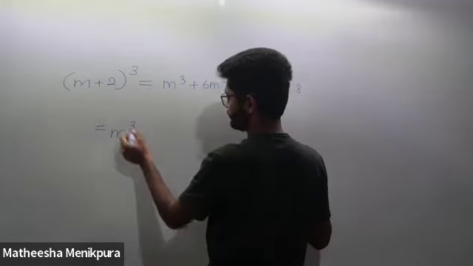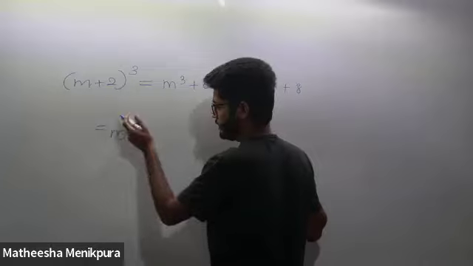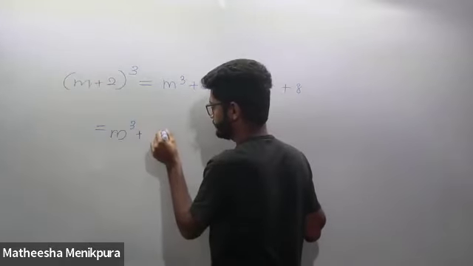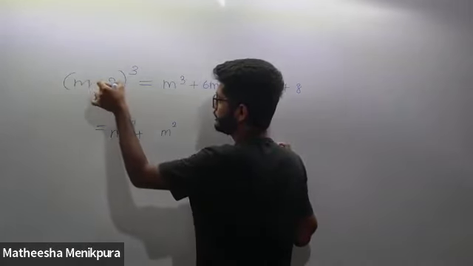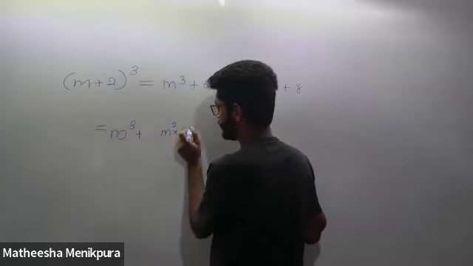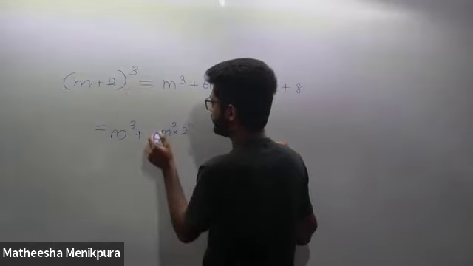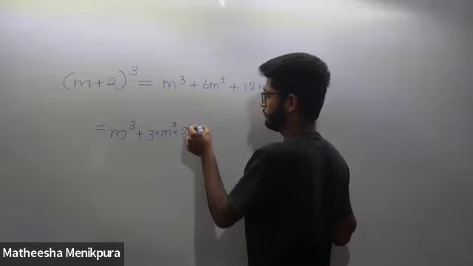First, write the cube of the first term. Then plus, take the square of the first term, m squared, and take the power 1 of the second term, that is 2 to the power 1. Multiply that one by 3. Always multiply it by 3. Plus,